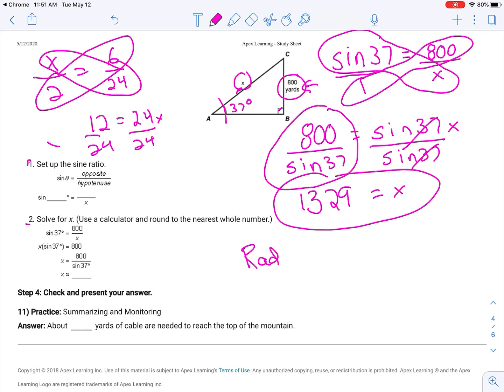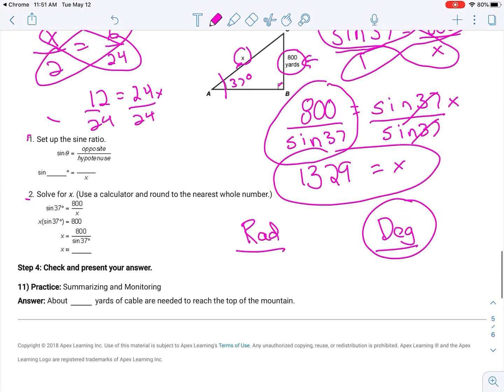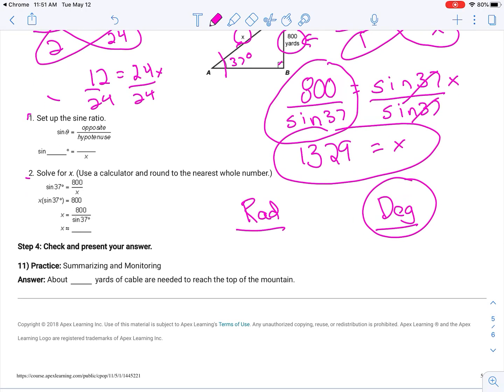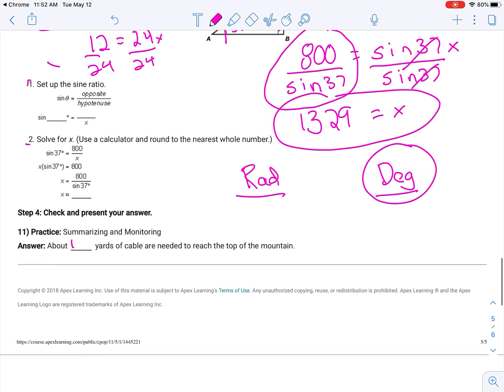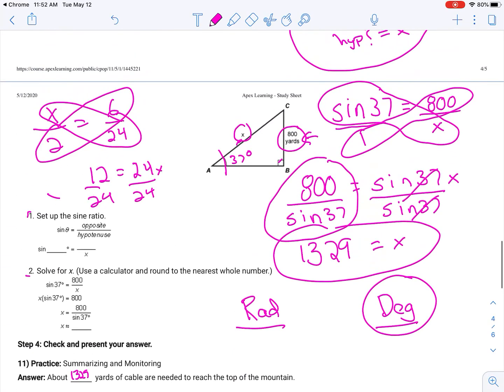If you don't, your calculator is in radian mode. It needs to be in degree mode. So you might have to Google how to get your calculator in degree mode to get the answers, and then leave it in that for this entire unit. Okay, and then this was just the answer of 1,329. And hopefully that's helpful with